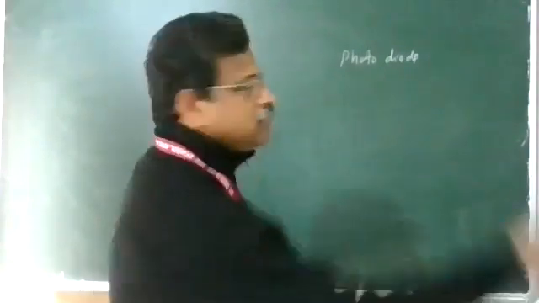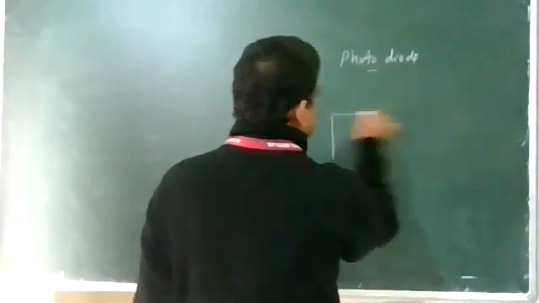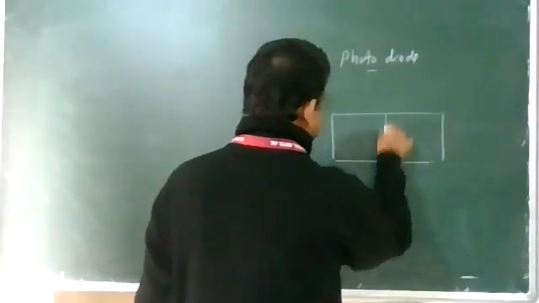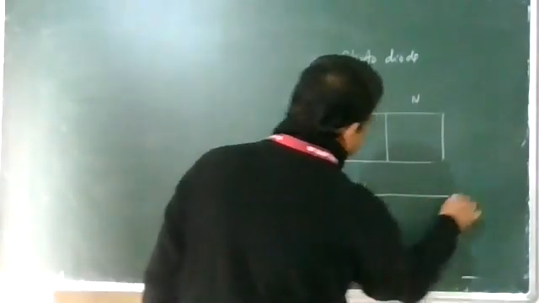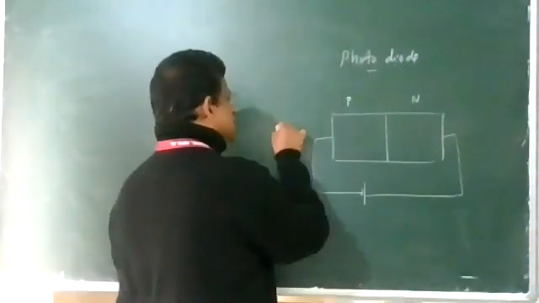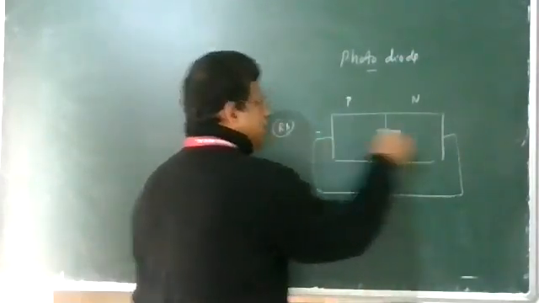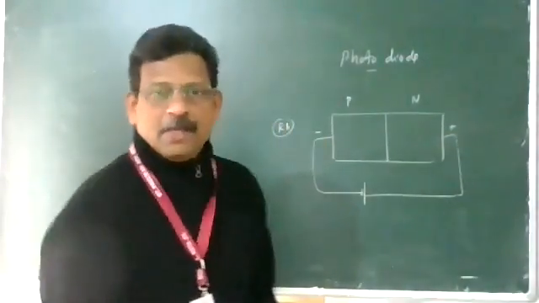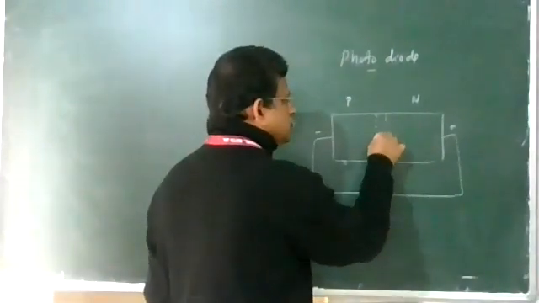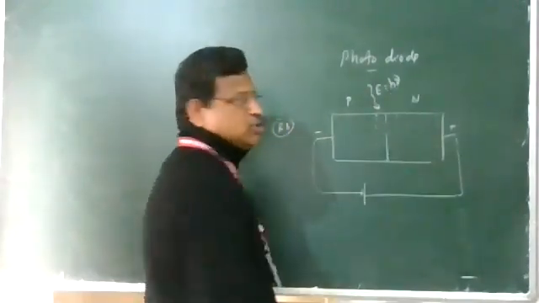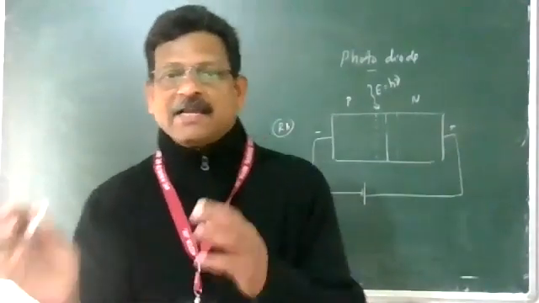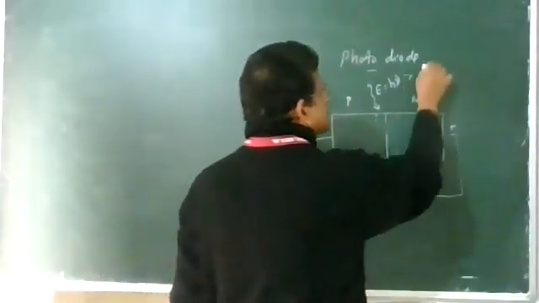So first I am going to explain the photodiode. A photodiode is a device which converts light energy to electric energy. This is a PN junction diode, with a P side and an N side. We have to keep a battery under reverse bias, with the negative and positive terminals connected accordingly. At the junction there is a provision for incident light of energy h nu. When this is greater than the energy gap,